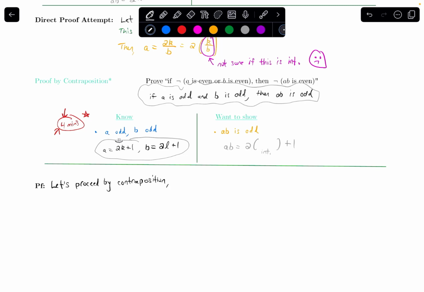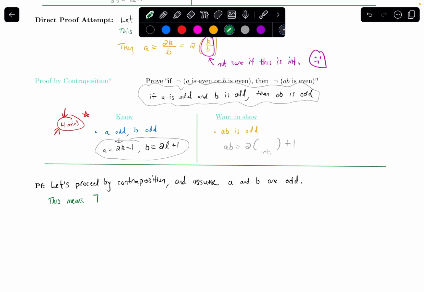And when we do that, we get to assume the negation of Q, the negation of our conclusion. So we get to assume that A and B are odd. Okay, so that's what I get to assume is true. Those are my new givens. Then we break down what that means using the definition of odd. So this means